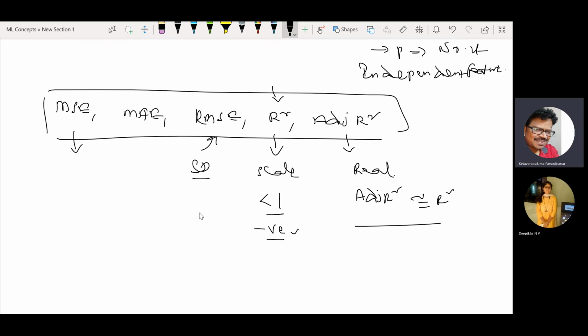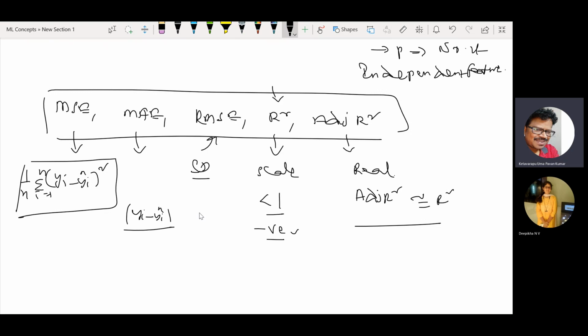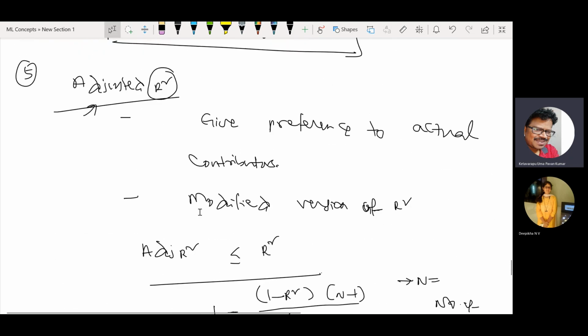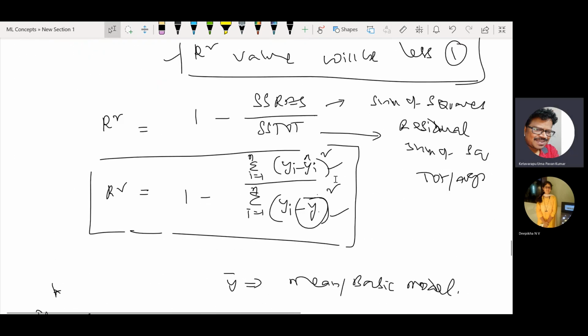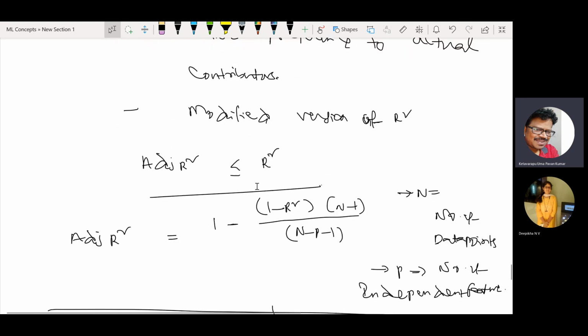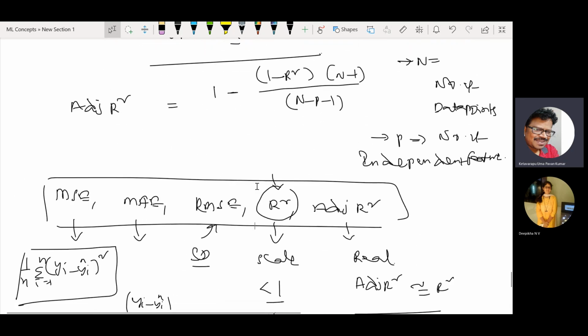And your mean square error and mean absolute error are two common things. Mean square error is (yi minus yi cap) whole square, and of course we take the average. For absolute error, we take only the modulus operator. And one advantage with R square is that we make use of the mean also. If you refer to the point here, the mean value is also in scope, so as to estimate how our model is really performing.